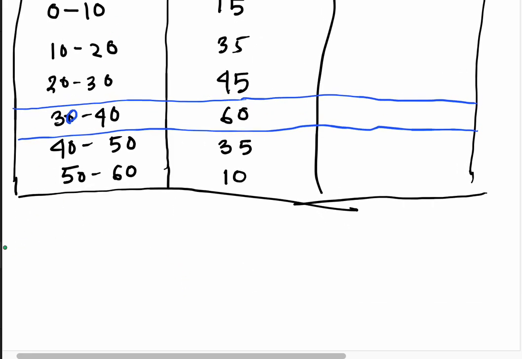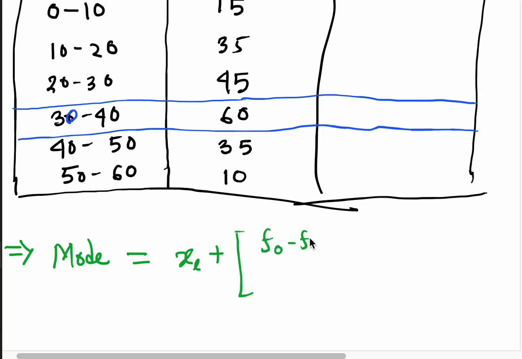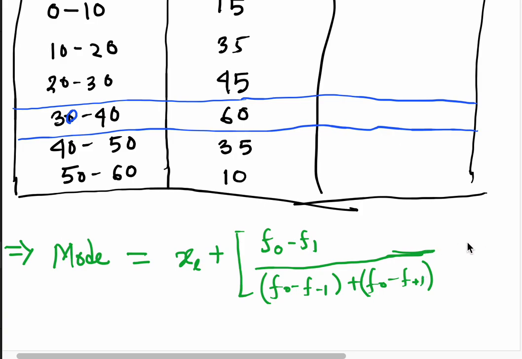The formula for the mode is given below. Mode is XL plus (F0 minus F1) by ((F0 minus F minus 1) plus (F0 minus F plus 1)), then multiplied by C,